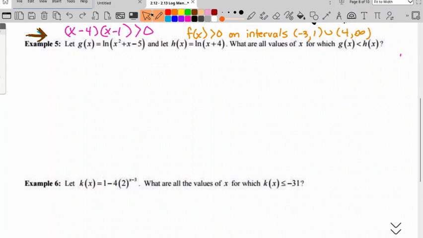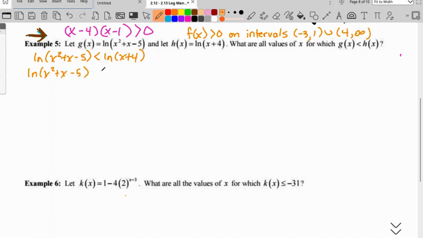Okay, so let's go ahead and rewrite that. We want g of x to be less than h of x. So that means the natural log of x squared plus x minus 5 is less than the natural log of x plus 4. Now we want to rewrite that where it's compared to 0 so that we can actually solve it. So we're going to subtract natural log of x plus 4 from both sides. So that's the natural log of x squared plus x minus 5